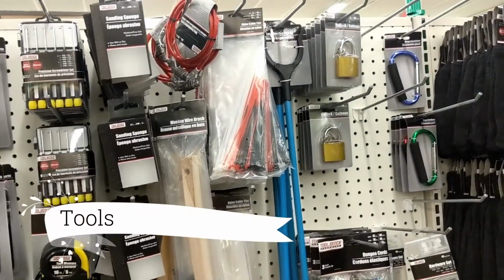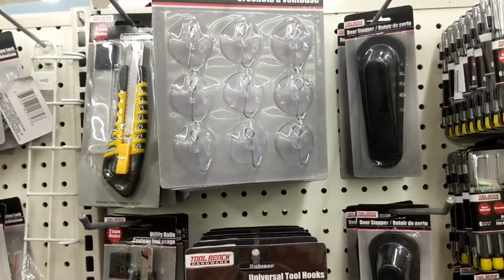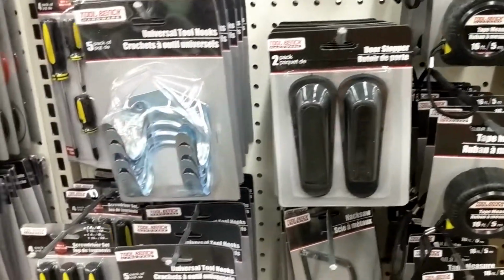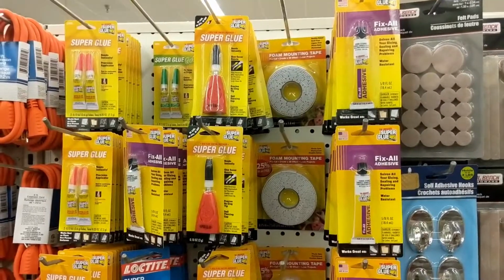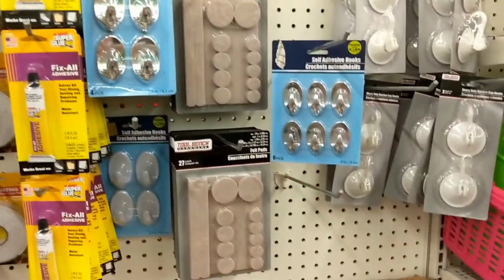Tools are another great thing to buy at the Dollar Tree. I like getting these as like a backup, so something for upstairs or something small when I'm trying to hang a picture. Obviously this isn't our main stash, but just as a backup. So along with tools like super glue, little hooks to hang items,